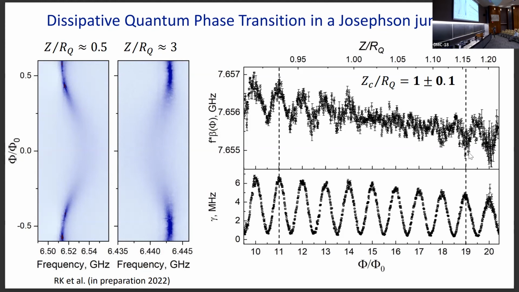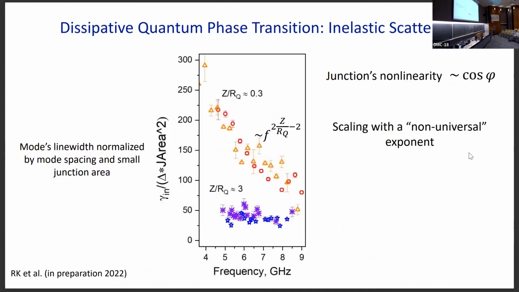And it's not the end of the story actually, because if you notice, it's not only the line that shifts, but also its line width changes. It becomes broader. This broadening has the same nature as I was describing before. It's just that the photon disappears to the other states. And if you measure this broadening across the transition, just at one frequency, nothing special happens. But this broadening, because it contains information about many body properties, is actually a very useful tool.